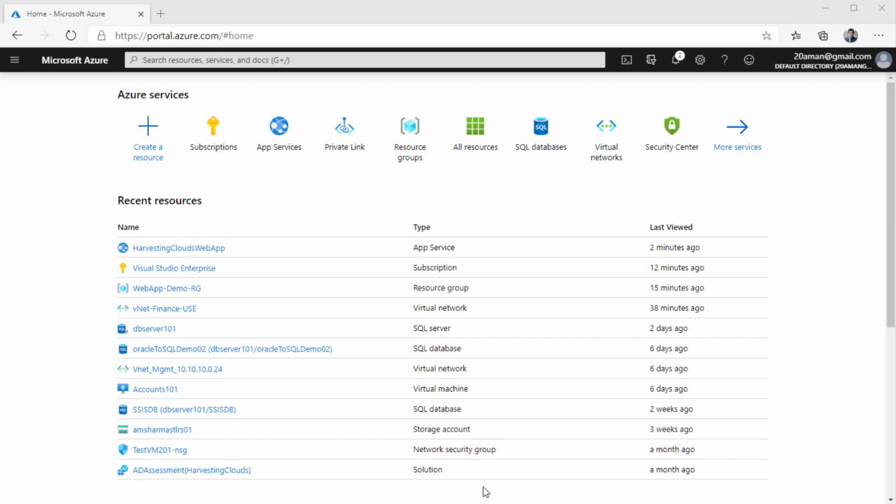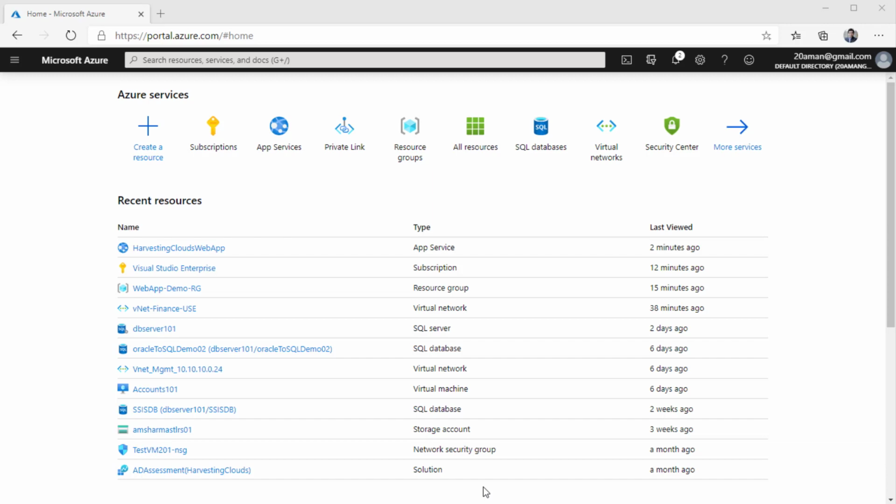web application. Or let's assume that you have a resource group that contains your virtual appliance, for example, Palo Alto Firewall or Checkpoint Firewall. Now, instead of deleting some other resource group, the system administrator goes in and deletes the resource group containing your critical resources.